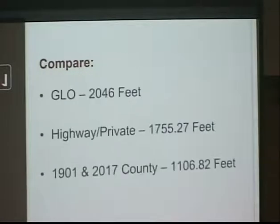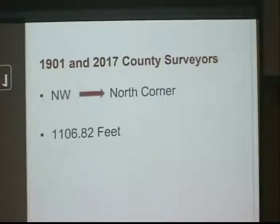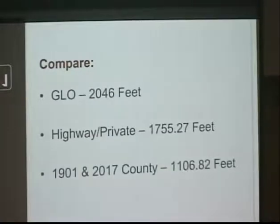Next one, Deb. Yeah, and this is what the Batzer survey that the 2017 surveyor came up with. There's 1,100 feet. So there's this huge discrepancy out there. Let's go to the next one. The government survey says there should be 2,046 feet. The private surveyor in 2012 said it's 1,755, and the Batzer survey, which was picked up again in 2017, says 1,100 feet. So you can imagine anybody trying to...